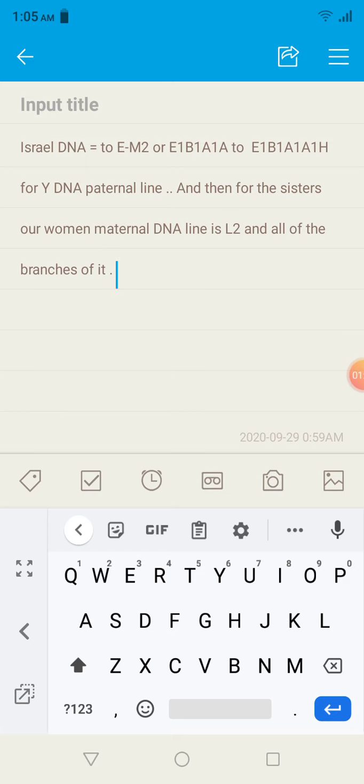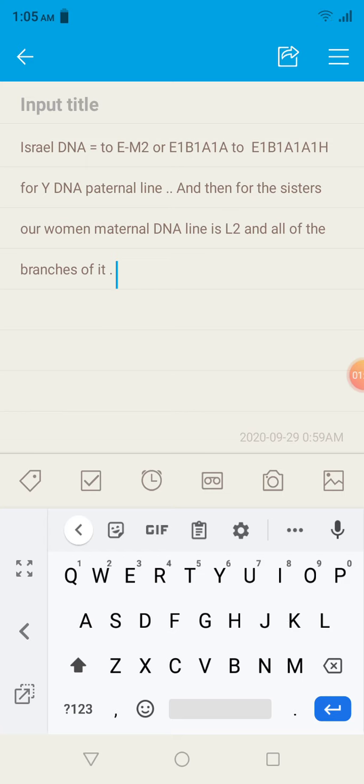The paternal grouping of Israelite men would be marked as E-M2 and/or E1B1A. Those are your common markers for the haplogroup E, dealing with a subclade among the E group called